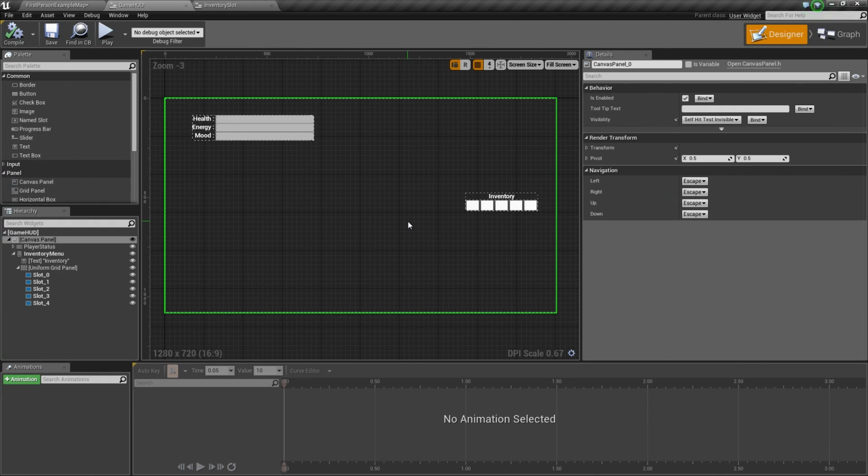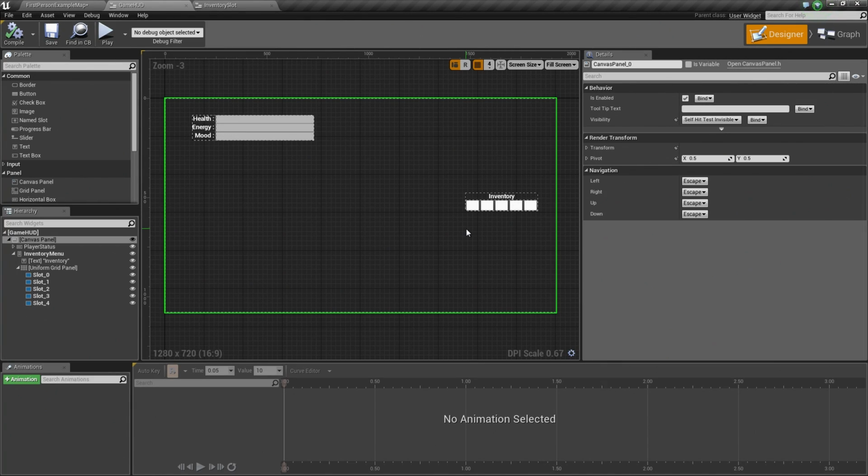In this video, we're going to continue inside the inventory menu, and we're going to create the pop-up that appears once you have clicked on one of these individual inventory slots. So a context menu will appear and give us options of either to use, drop, or return back to our inventory menu here. And then we're going to jump into the graph and start working on the scripted functionality for the inventory system itself.